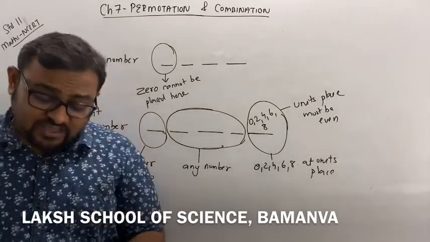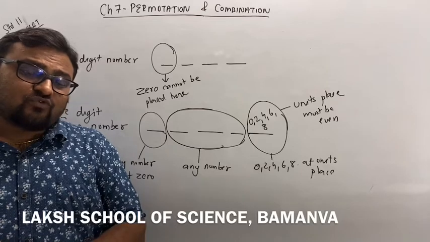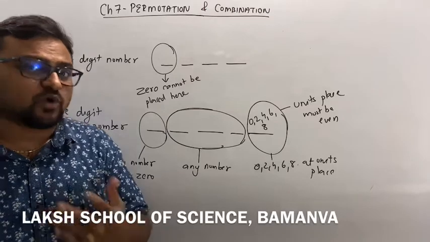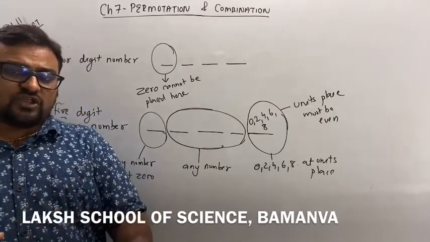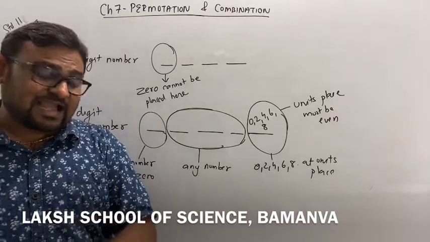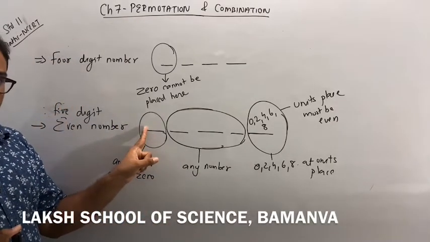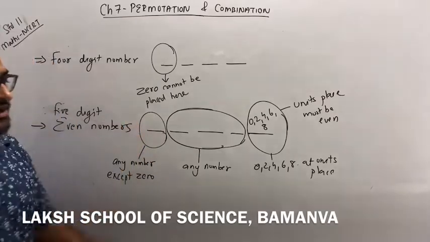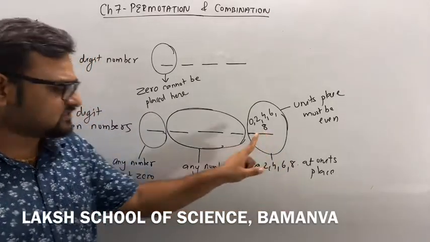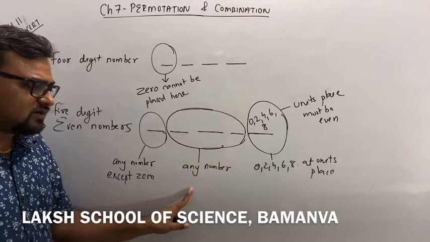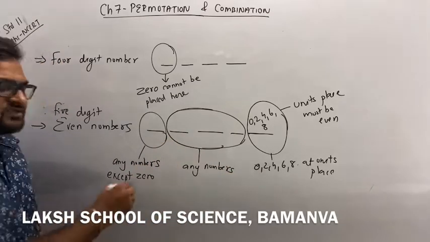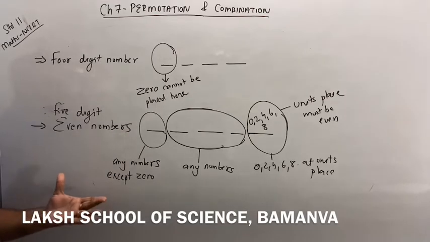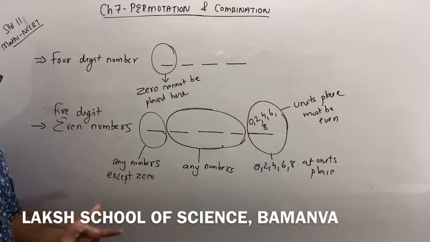But remember, if the question is about a passcode, means you want to form a password and you are given 0 to 4 and you have to use 4 digits, at that time you can use 0 here. But if it is given that how many 5-digit even numbers can be formed, then the condition must be 0, 2, 4, 6, 8 at the units place. At these places, you can use any numbers, and here you can put any numbers except 0. Clear? Okay, so this was for even numbers. So just note down these two things, then we will move forward.